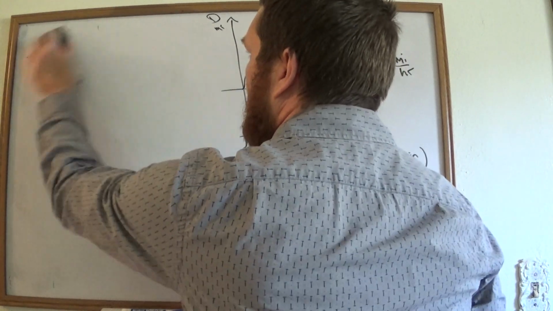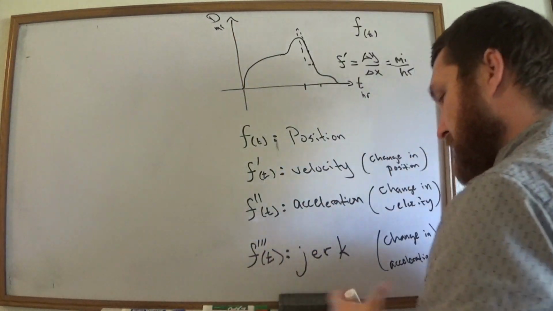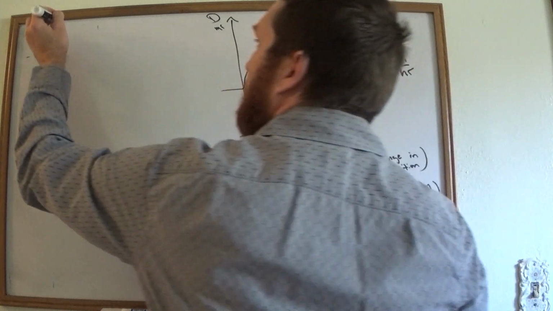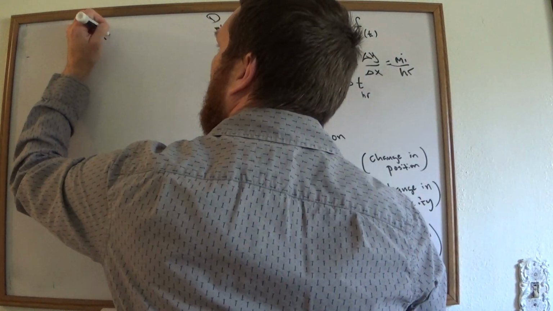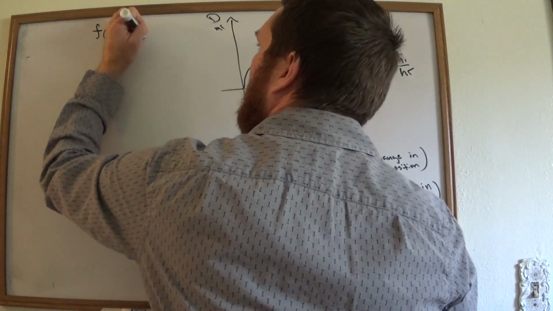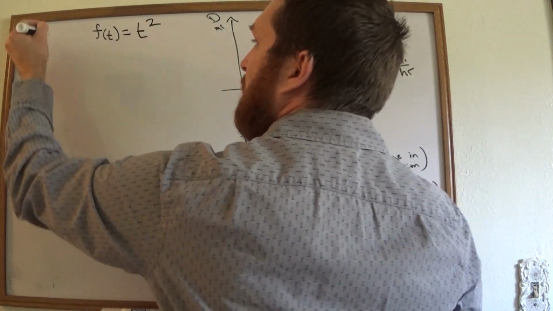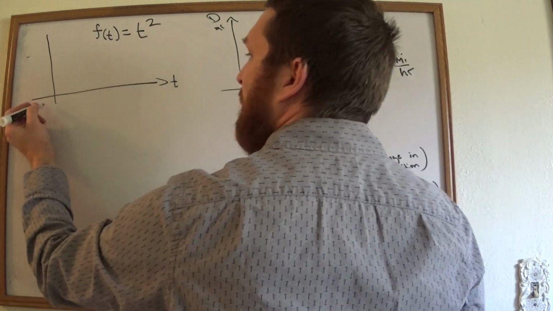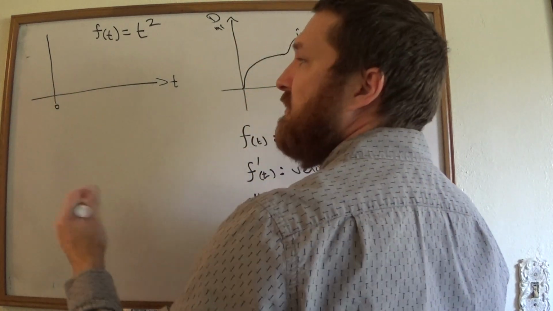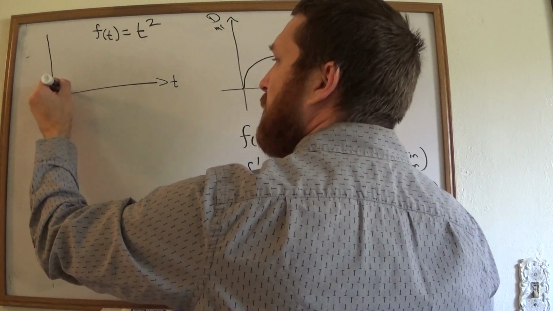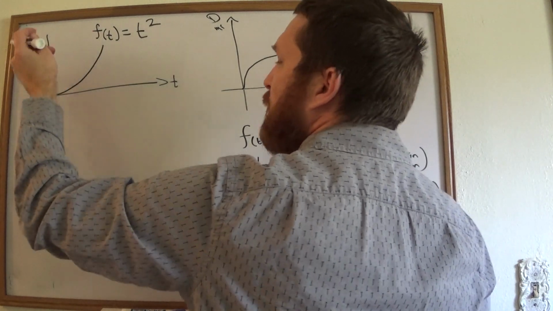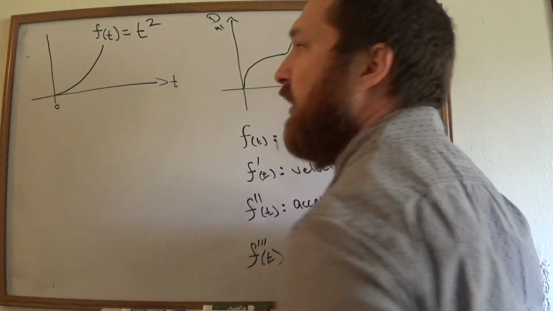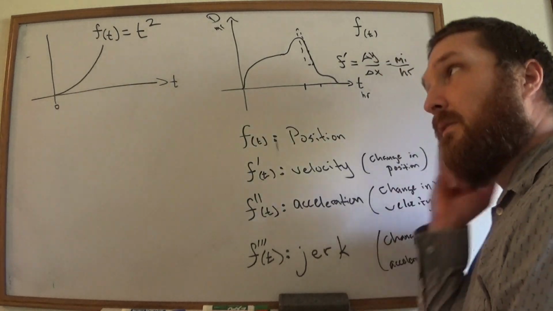If I said a particle is moving and its position after time equals 0 is given by t squared, like it's heading due north or whatever, and I want to know its acceleration, you'd say,